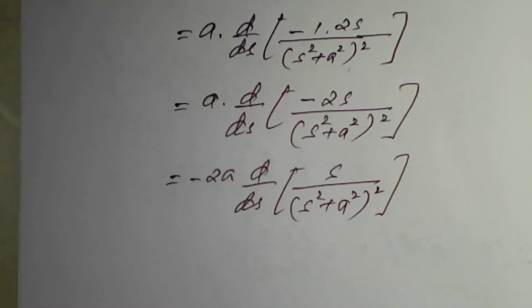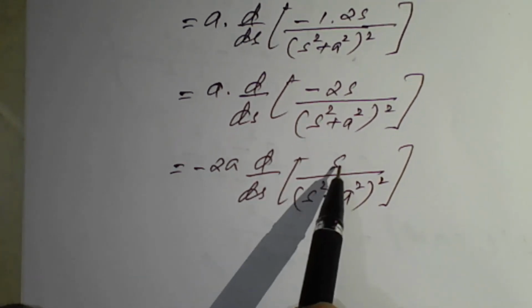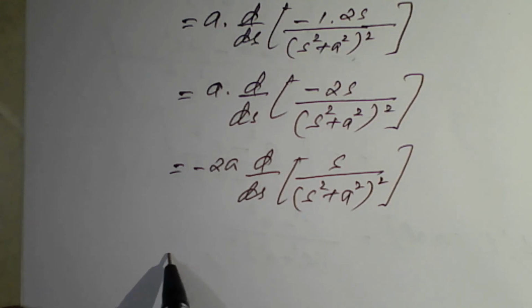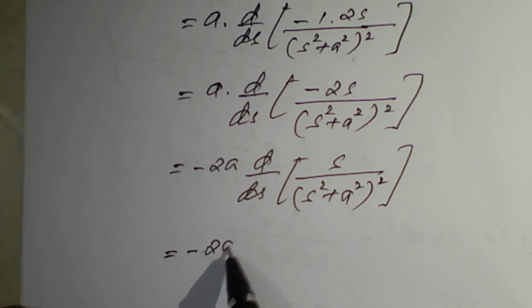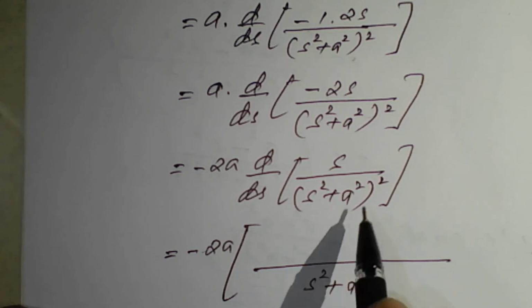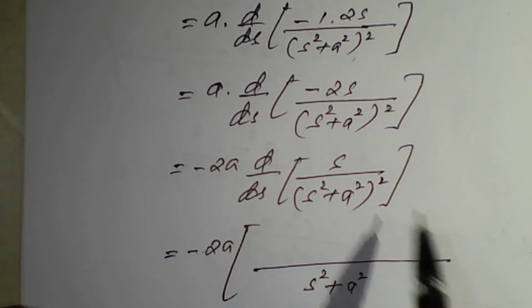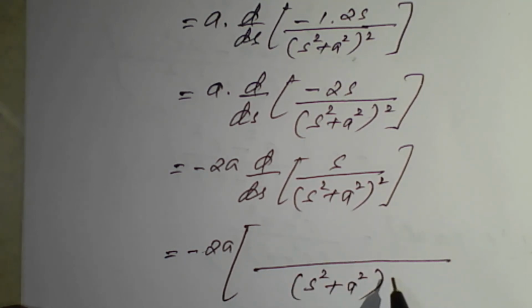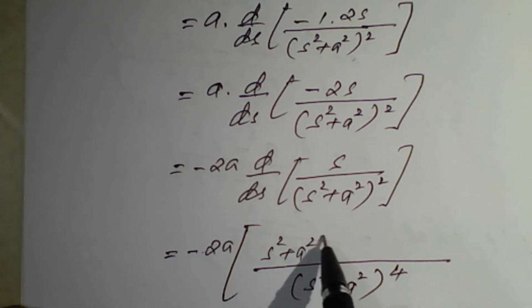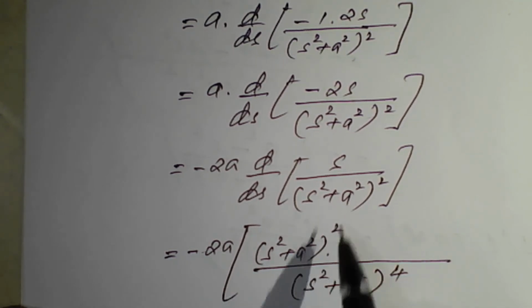So here numerator also has s and denominator also has s, so we need to go purely with the differentiation u upon v formula, that is 2a. Now denominator square again, so it will become s square plus a square whole square into this 2, it will become raised to 4,